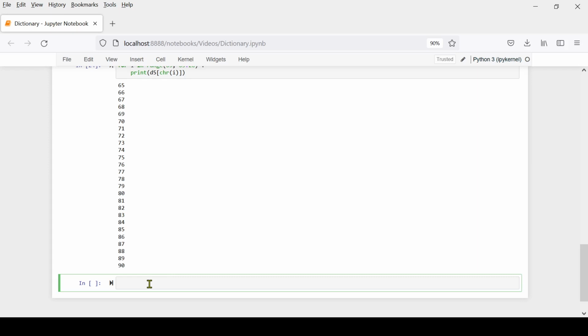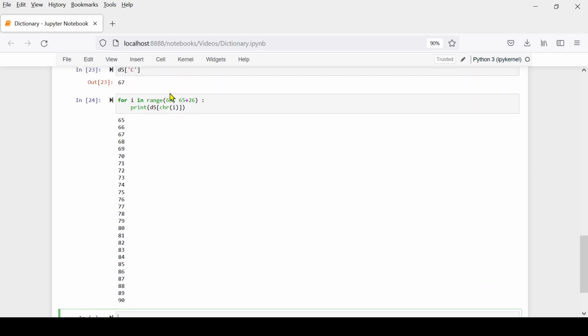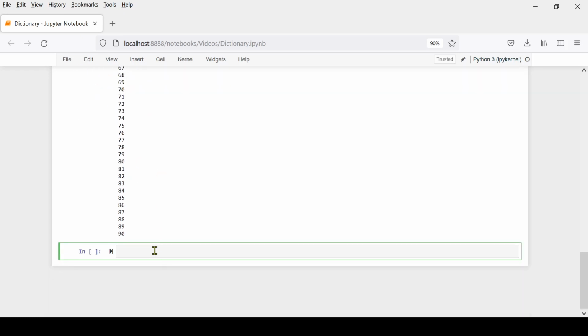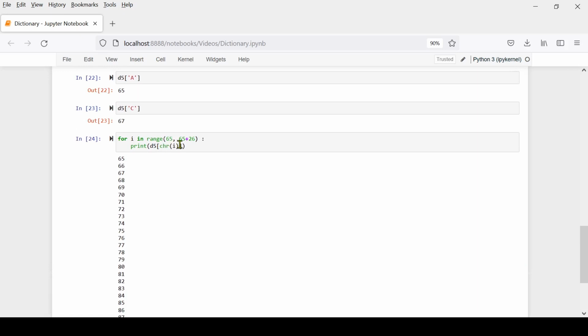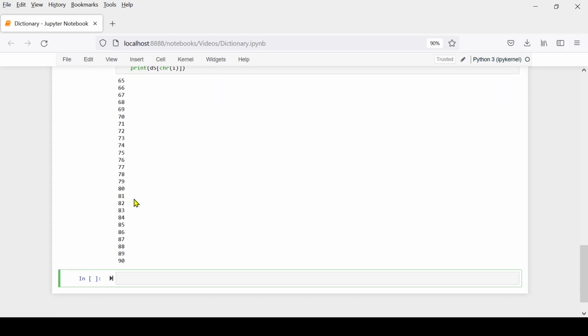But first, let me see how I can access data from a dictionary, not in this fashion, but in a different fashion altogether. Because here I know what my keys are, so I can write those keys. But more often than not, you will not be aware of the keys. You will only know the dictionary name, but not the keys. So what will you do? I will write something like this: for K, V in